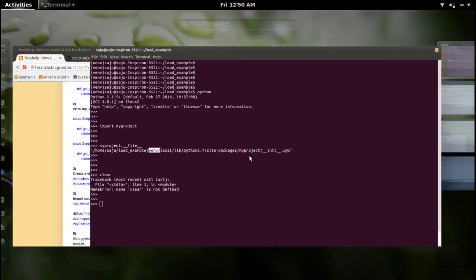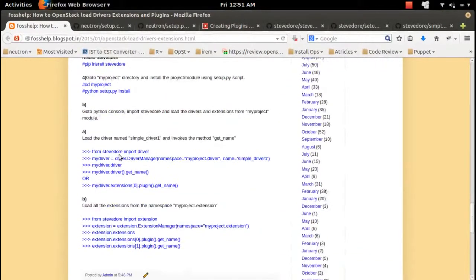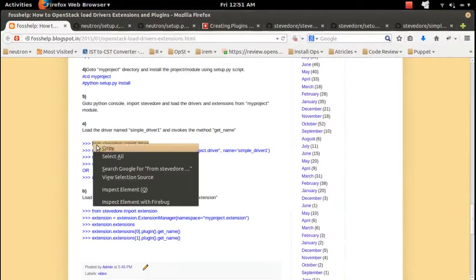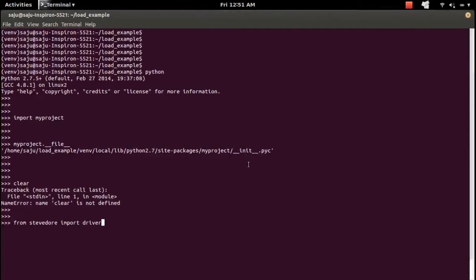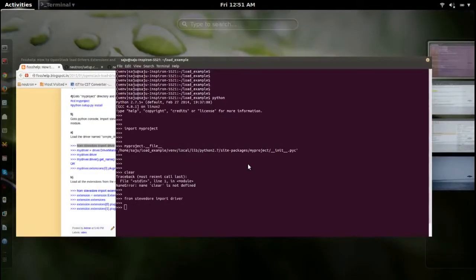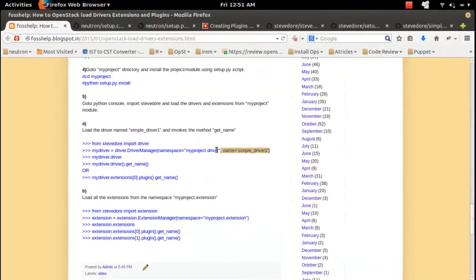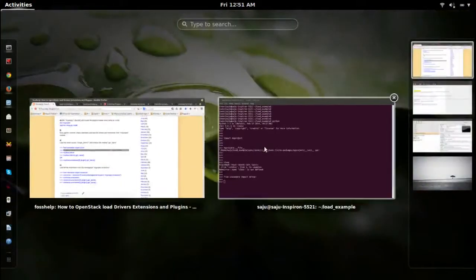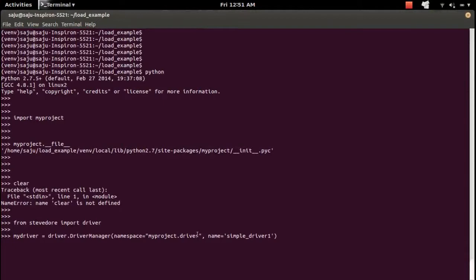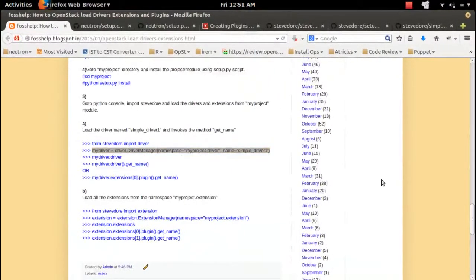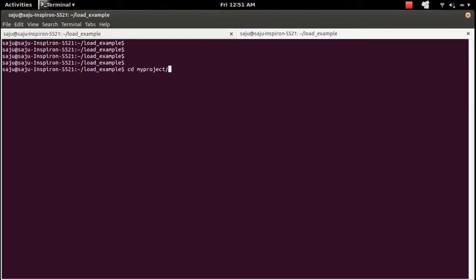Okay, so next what I am going to do is load it. Let me import stevedore. From stevedore import driver. Then here I am telling it to load the driver named simple driver 1 from the namespace myproject.driver. Okay, so let me open one more tab